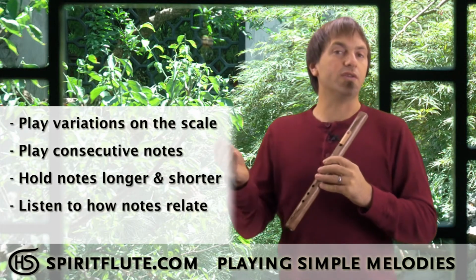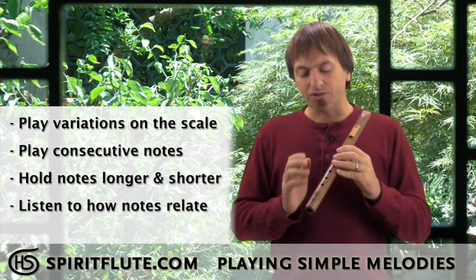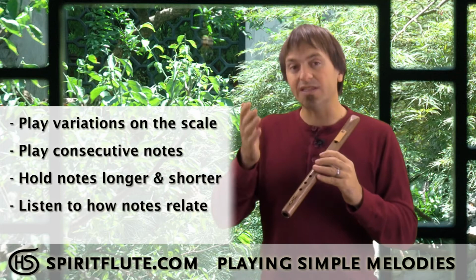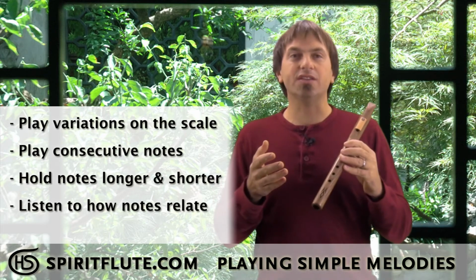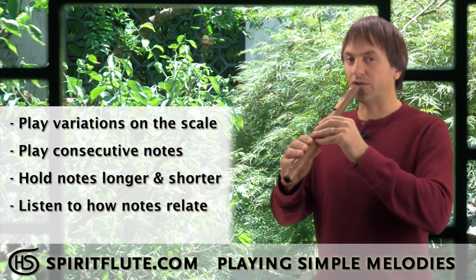So then you'll hold one note a little longer, one note a little shorter. And this way, again, you're learning how the notes relate to each other. So this is an idea. This is a real just make it up as you go along idea on how to do that. So, starting on the bottom,